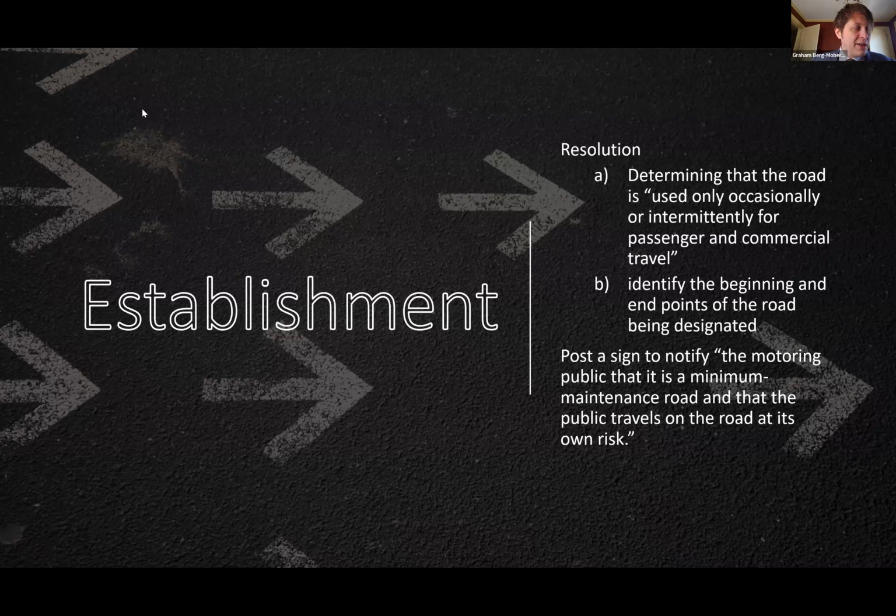Now, we tend to take the view that if you have actual year-round residents on this thing, that's probably one of the reasonable lines. If somebody's traveling this thing every day, it's probably not occasional or intermittent, so it's probably not a great candidate. But if there are just some hunting shacks up there, if it's just a field access road, something like that, then you're potentially in a much more favorable situation.